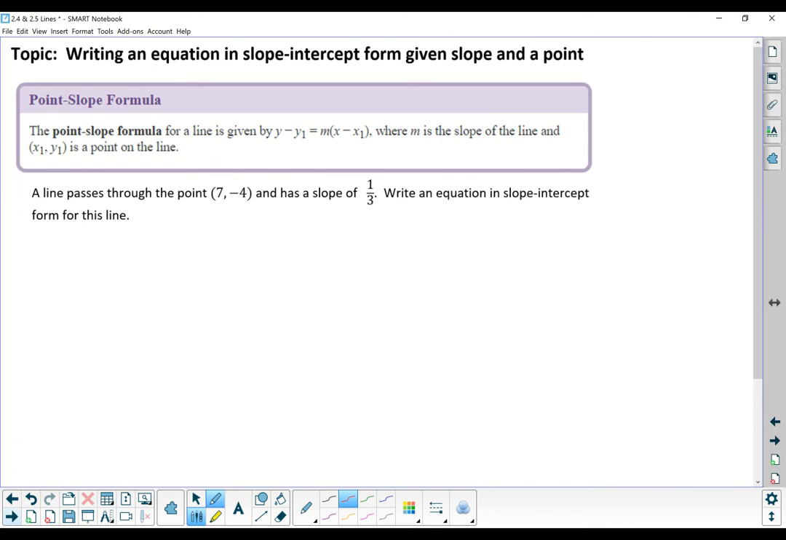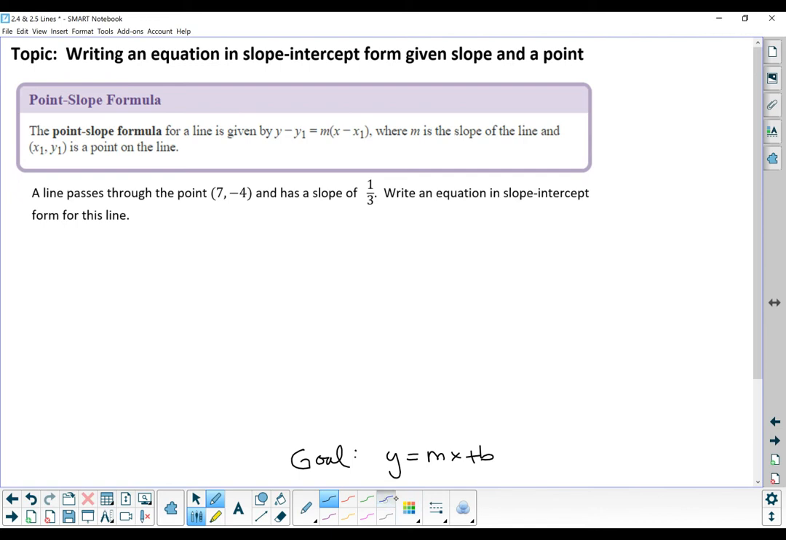So now the next topic is writing an equation in slope-intercept form given slope and a point. Slope-intercept form, our goal is y equals mx plus b. We want it in this form. But to start with, we do know the slope. So we do know that m will be 1/3, but it's not giving us the y-intercept as the other point. So we've got to use this other point and the slope and then manipulate our equation to put it into